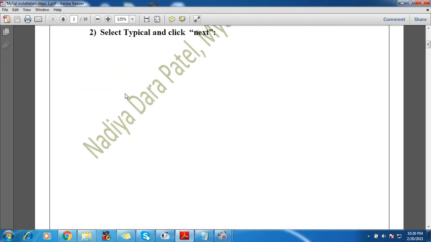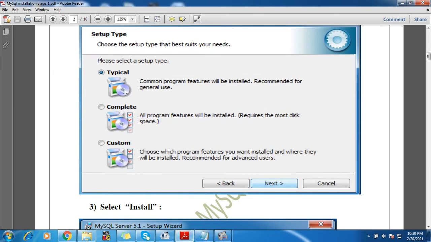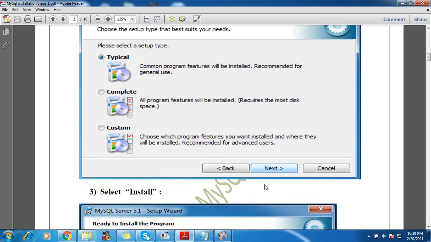Click typical, or you can click complete. When you click complete, the complete setup gets installed. In my installation I had selected typical, and I had gone through one more installation where I had selected complete, and it was completely normal and similar. So you can click complete and then next.